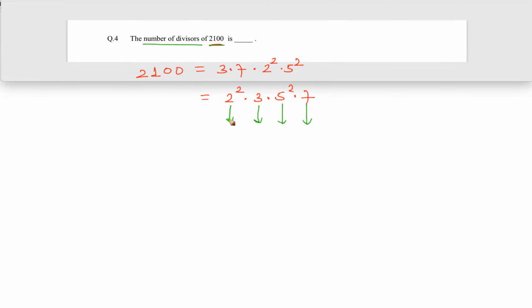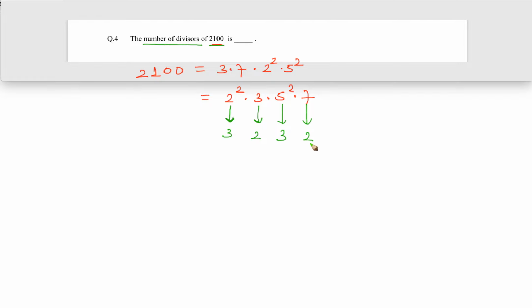Okay, so let's come back to how many total number of ways there will be. See, there are two 2's. How many ways can these two 2's be selected? The number of ways is 3. Both 2's can be selected, one 2 can be selected, or no 2's can be selected, 0 2's. So 0, 1 or 2, 3 ways are there. Here there are 2 ways, selecting 3 and not selecting 3. So 0 times selecting and 1 time selecting. So there are 2 ways here. Similarly here 3 ways, and here 2 ways.